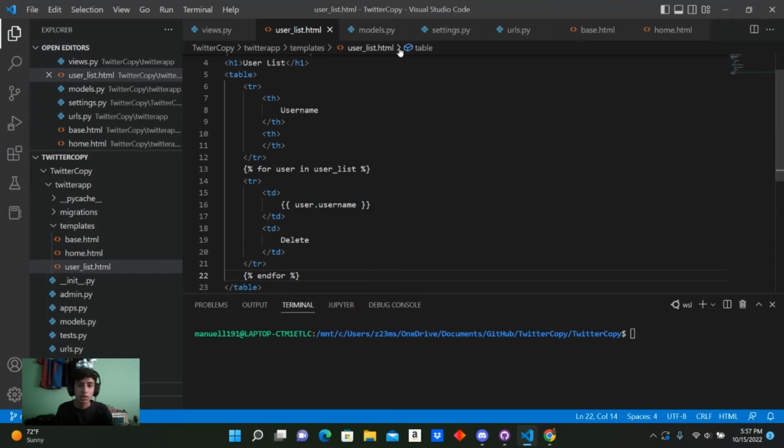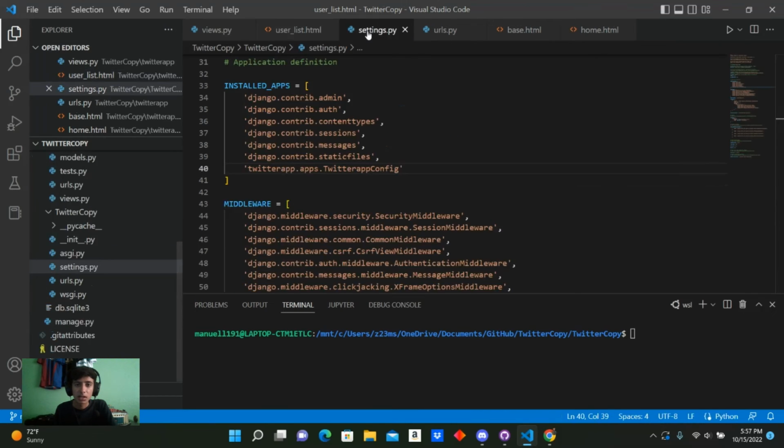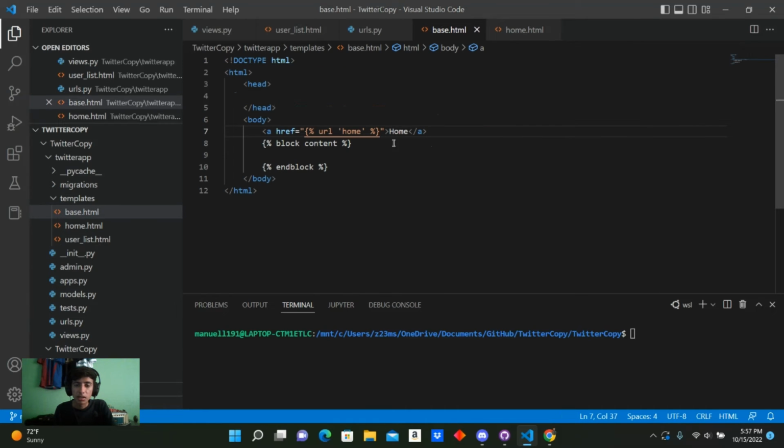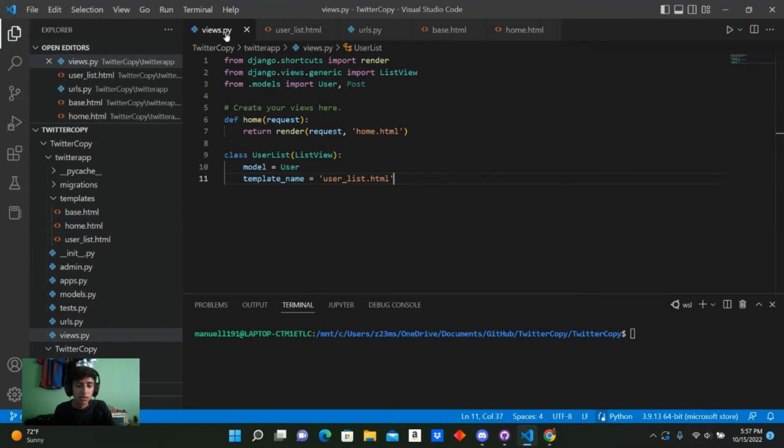a list view. I created a user list, a little HTML. models.py, I can close that now. Could close settings. I added the path to the URLs. I added this section right here, a little header for the website, and then I added a link to the user list. So now if we run python3 manage.py runserver,